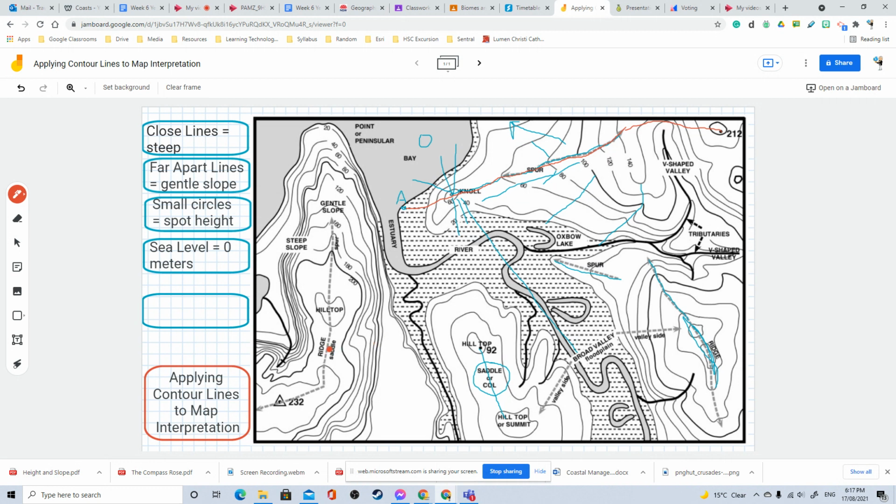So that's how we apply contour and contour lines and contour intervals. Keep an eye out for these trig points, keep an eye out for spot heights, and really pay attention to the numbers that we see that label the lines, because they tell us the height above sea level. In some cases, you have to look really carefully